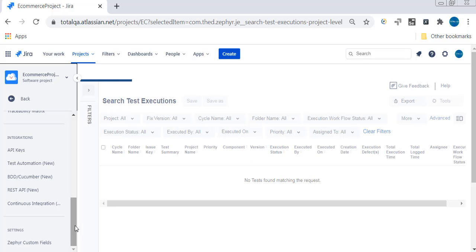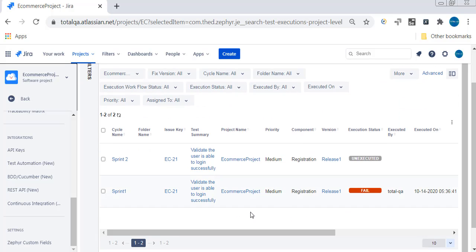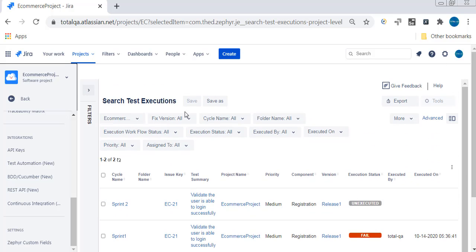That is also displaying now, test executions. We can even export these executions as well. There's an export button, you can export them as well. Yeah, you see here, right? Test executions, you can even export this as well into an Excel.